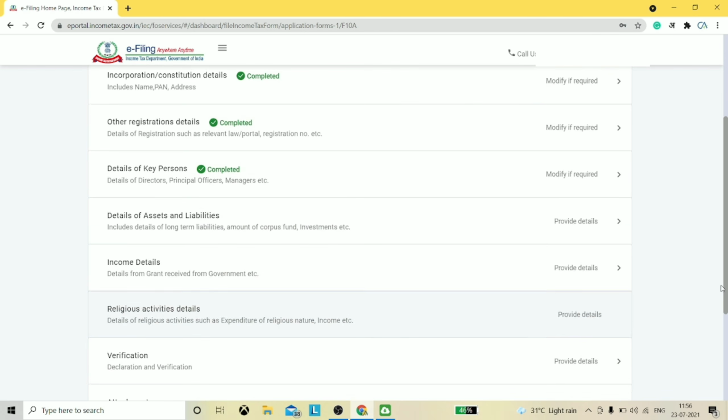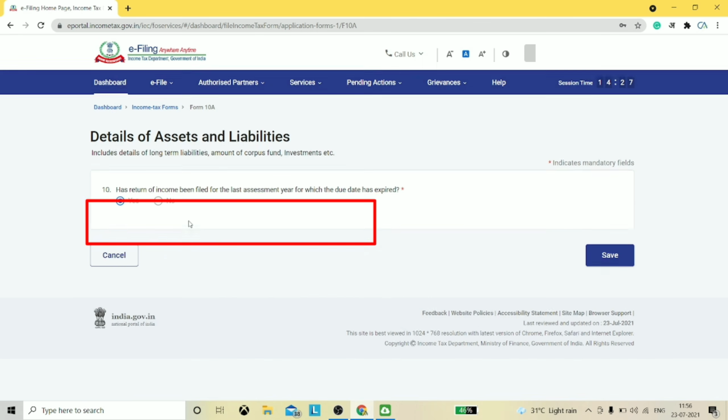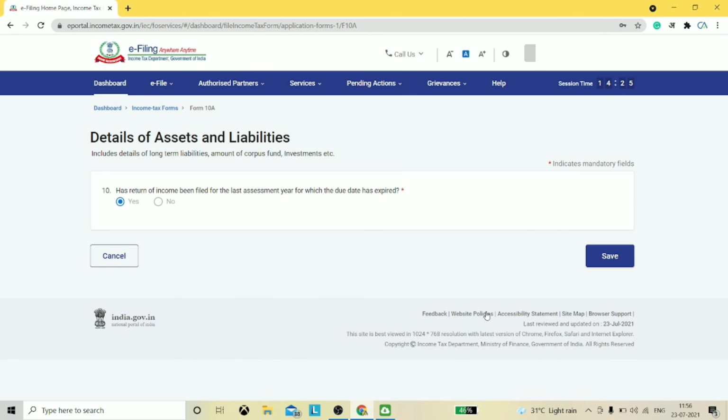Now comes the details of assets and liabilities, which is the fourth section of the form. The fourth section, which contains the details of assets and liabilities of the organization, seems to start with an auto-selected point.